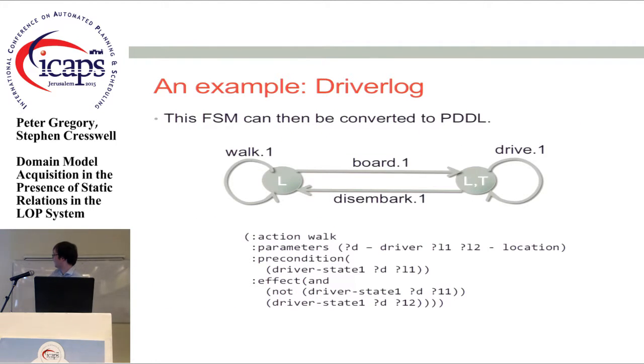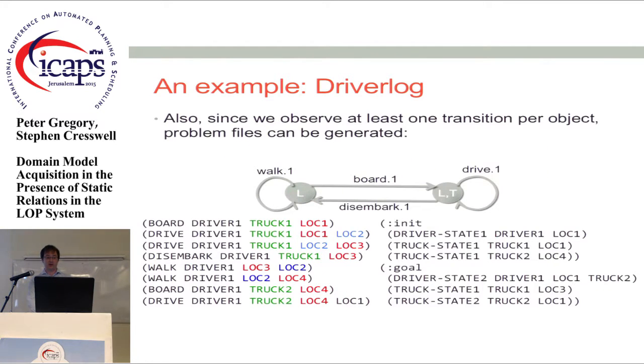And then we can convert this to PDDL by simply taking the states and creating a driver state for each one and associating with it the objects in the action parameters. So this is the action that we get. Well, we should notice some kind of problem with that, and we'll see that now. So that induces this initial state and goal state,